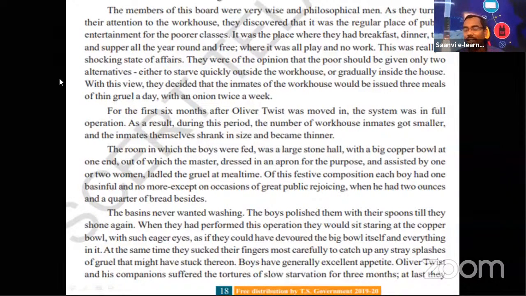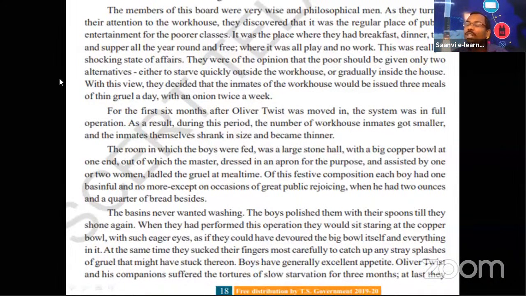If your mother is serving you some rice and one onion, will you be satisfied with that? No, you will start scolding your mother, isn't it? You need some dal, curd, chicken, mutton, some other curries, brinjal, lady's finger. If your mother gives one plate of rice along with an onion, will Sai Pranav be happy? No, Sai Pranav will be very angry, and he will throw that rice as well, I think. So here, the wise and philosophical men decided that the inmates of the workhouse should be given